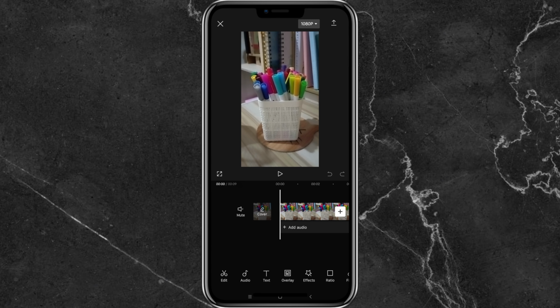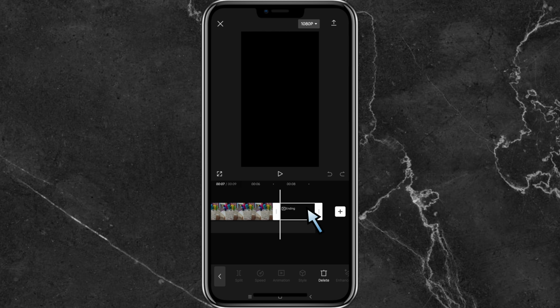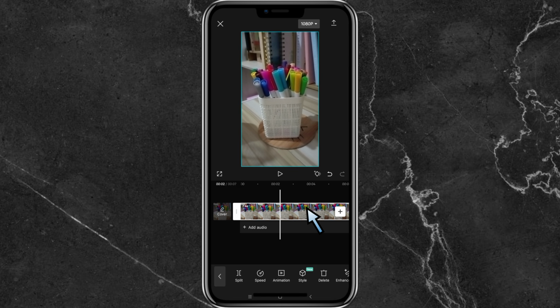In here, before I start editing, I usually delete the watermark first. To do that, we'll have to scroll here and then tap on the watermark and then tap on delete. After that, we'll have to select the video, and then in here we'll have to scroll and then look for this option, edit. All we need to do is to tap on this one, and then after that, tap